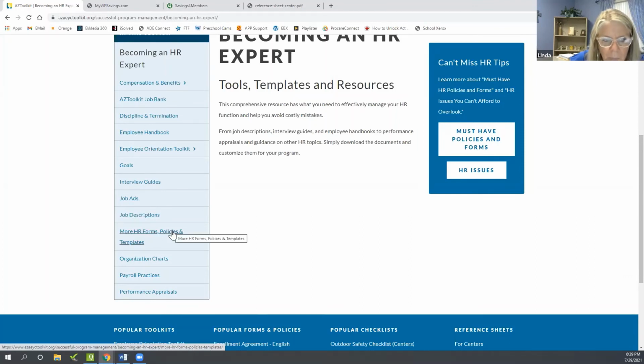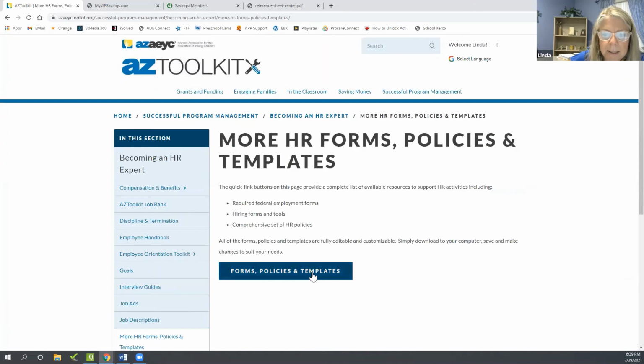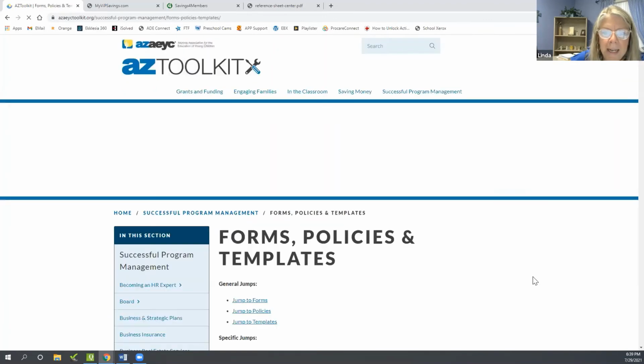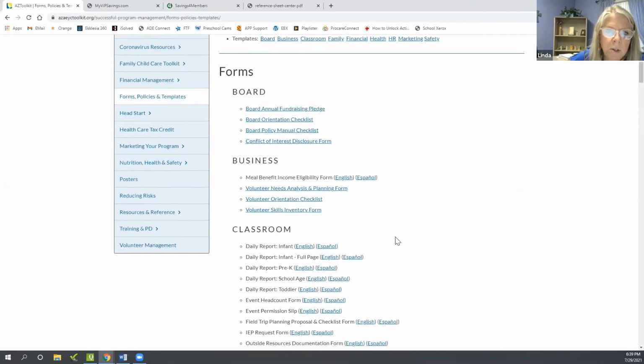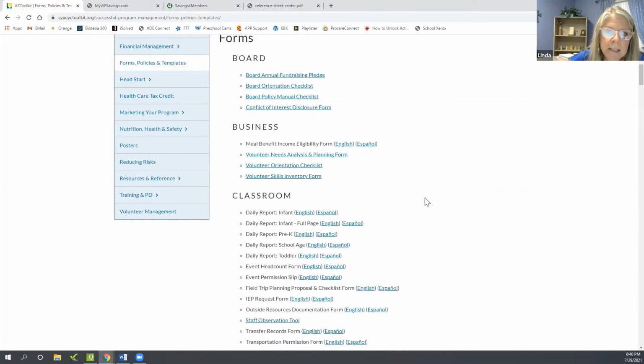The performance appraisals are very good as well, but let's look at the HR forms, policies, and templates. There are so many. And what I really like about this too is it's not just for our staff, because sometimes our boards don't really understand their role either. And there's some resources here to help us help our boards. So this is important. The business part of things,